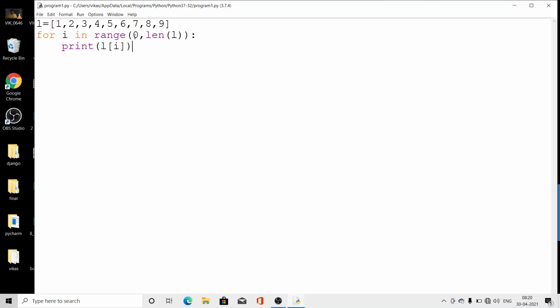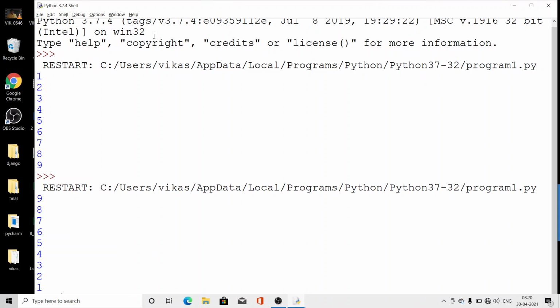If we want to access from the right side, so -1, we will go to the minus in the bracket, whatever the value of length is coming, +1 do it, and comma -1. It accesses the opposite side, 9 8 7 6 5 4 3 2 1.